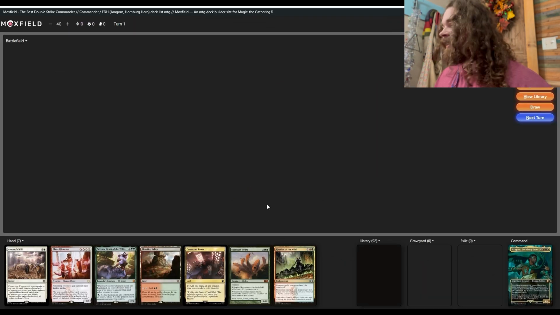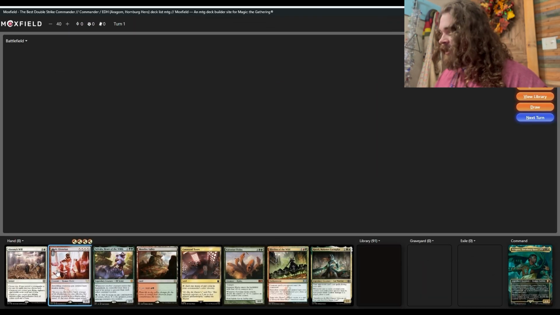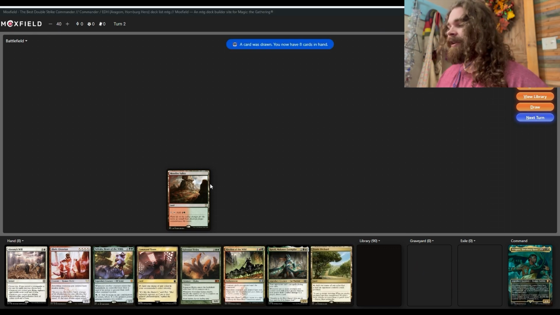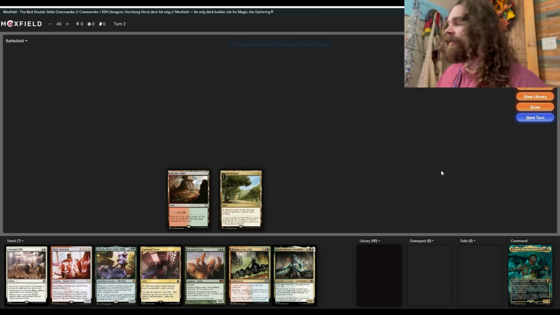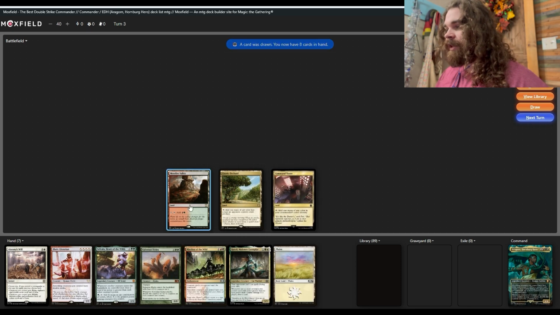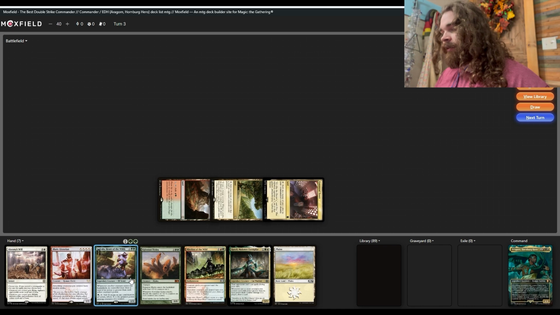So let's do it. Draw, okay, Kutzil, not a land. Not great. Let's go to our next turn. Land, okay, never punished, guys, never. And then turn 3, we're just going to run this out. And then run out our...